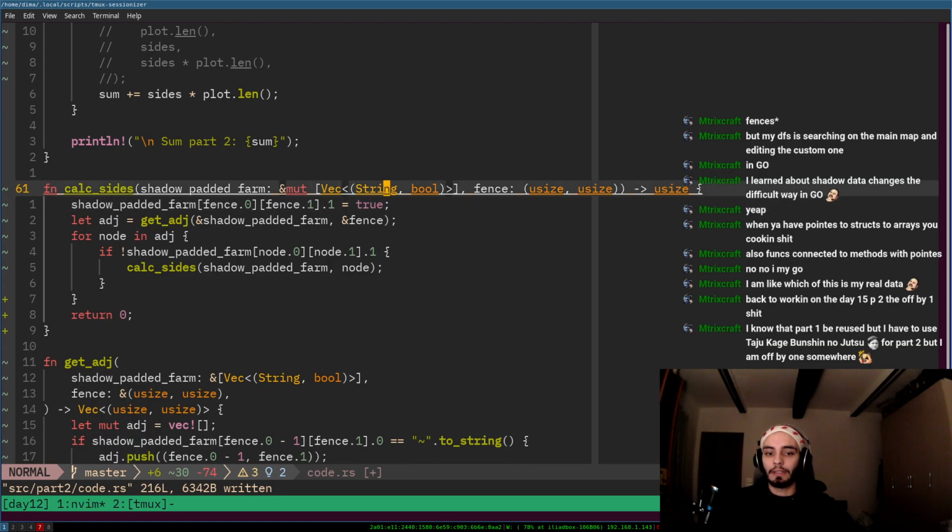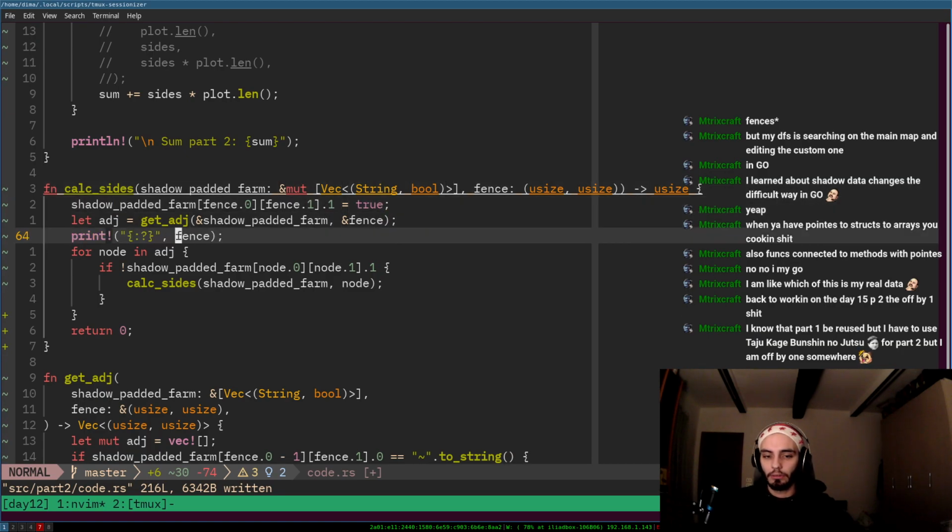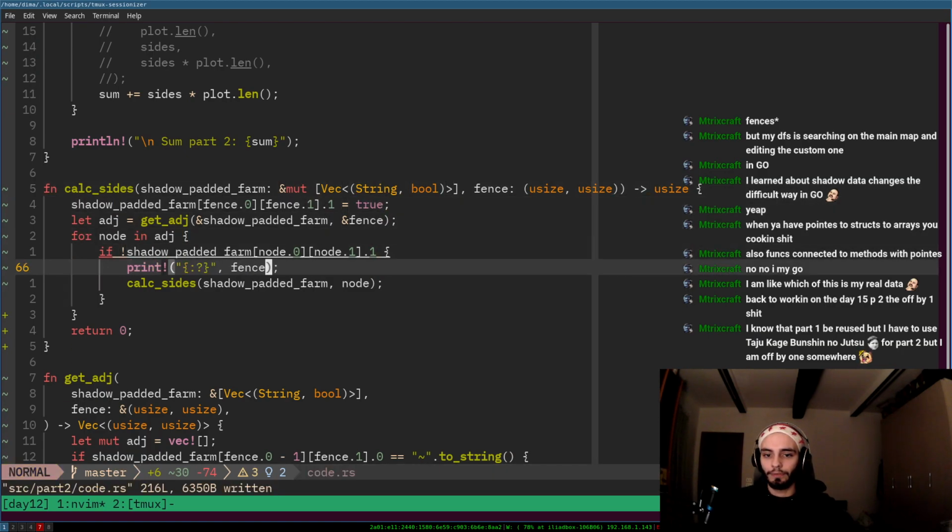Let's print the differences over here. See if I can by eye look at this. Now I don't think Rust actually gives me